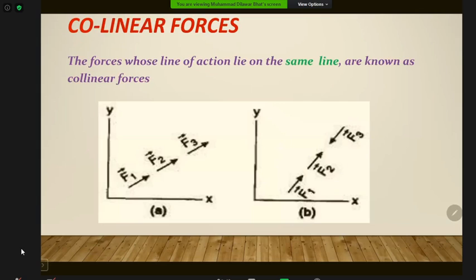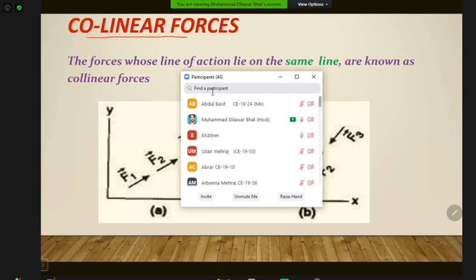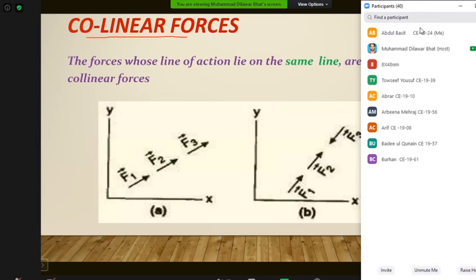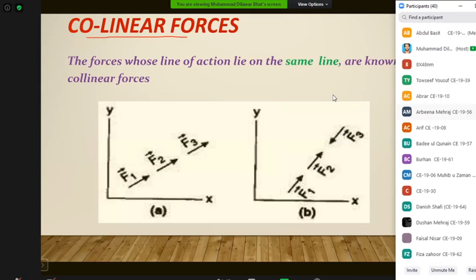Third one is collinear forces. Collinear. Okay. From the title of these forces, that is collinear. Collinear means what? Collinear means that all the forces are actually in a single line or the same line. Here you can see the line of action. That means we had actually three forces. We had force 1, we had force 2, we had force 3. But they are moving in a